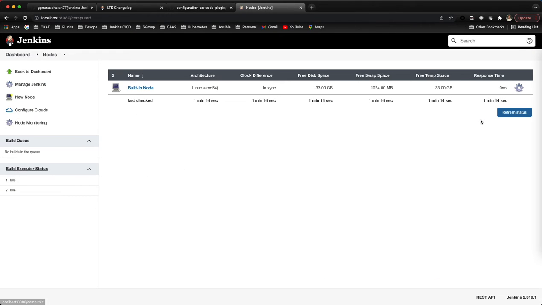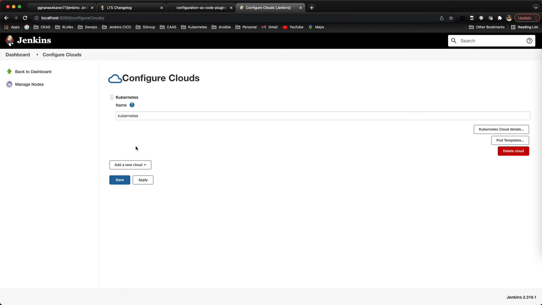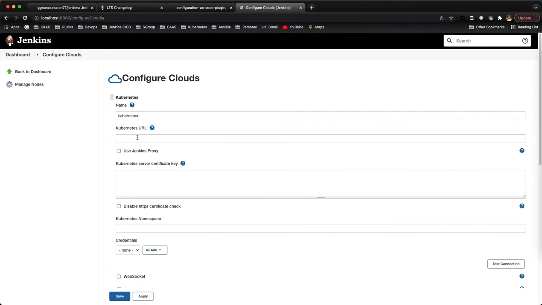Go to Manage Nodes, then Configure Nodes, then select the Kubernetes environment. Here we have to use the Kubernetes URL. If you remember, as per our architecture, this Jenkins master is running inside a Docker environment.